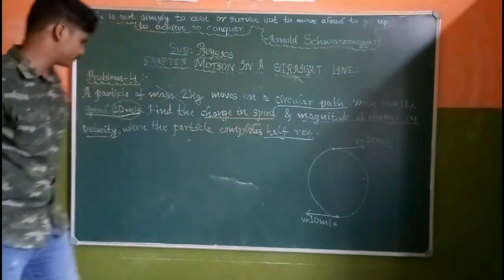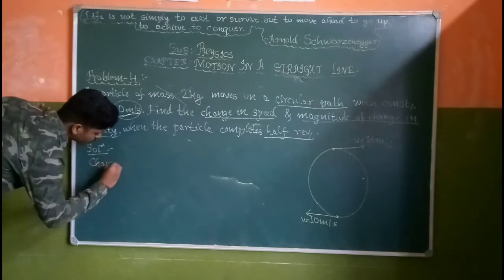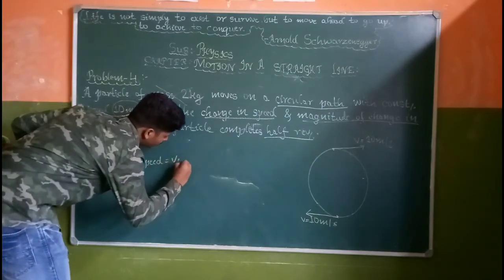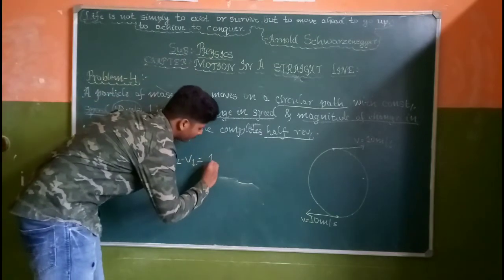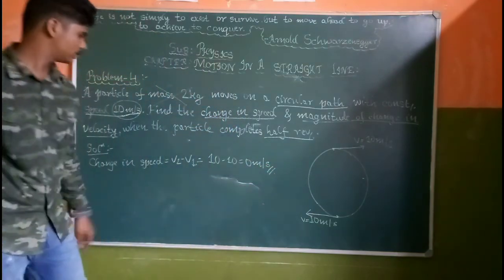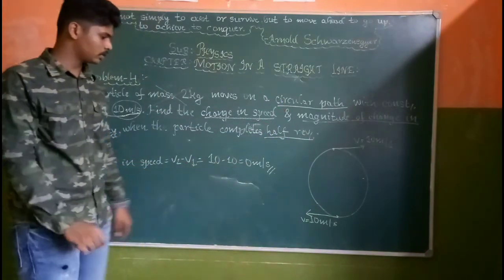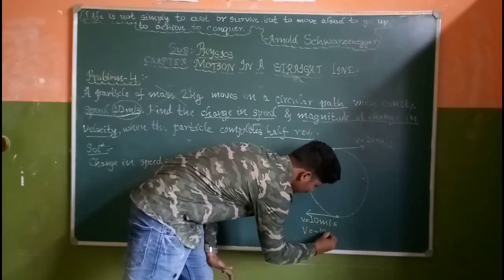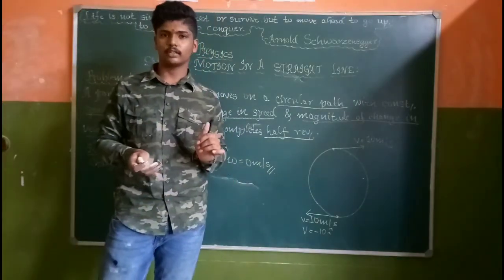So there is change in speed. So change in speed is equal to V2 minus V1. So just subtract magnitude. So 10 minus 10, that is 0. 0 meter per second. So they were asked magnitude of change in velocity as well. So you consider this in vector form. So V is equal to minus 10 i cap, because it is in left direction, and for velocity you have to mention the direction in vectorial form